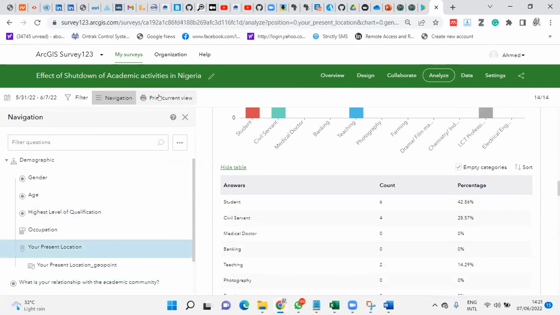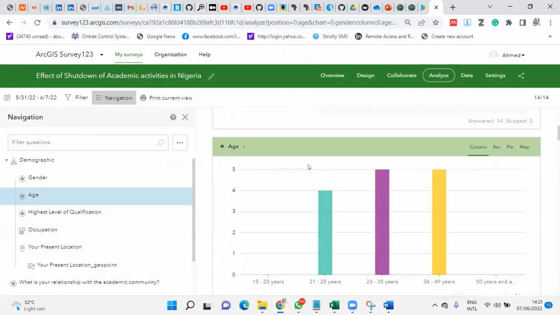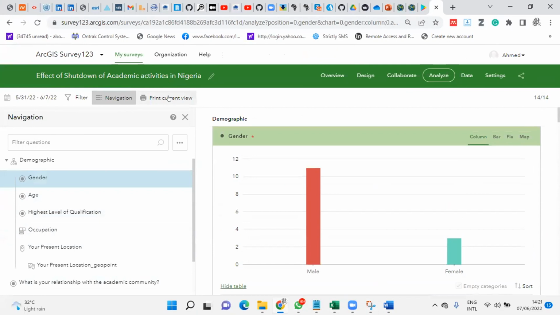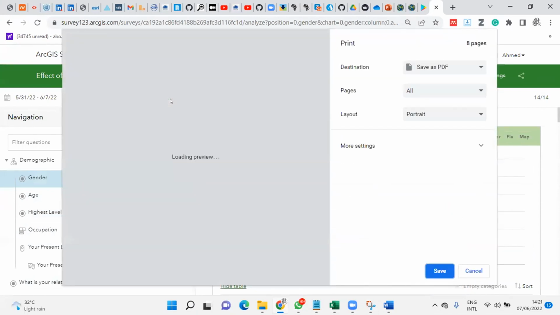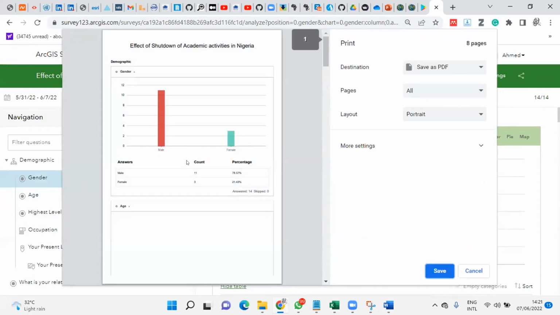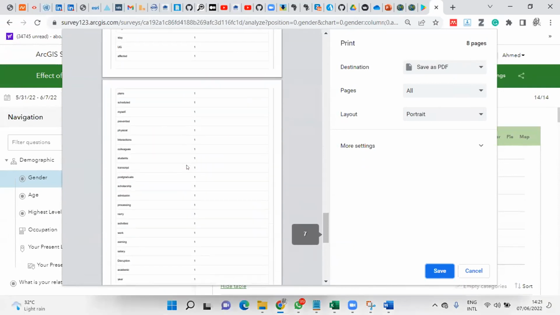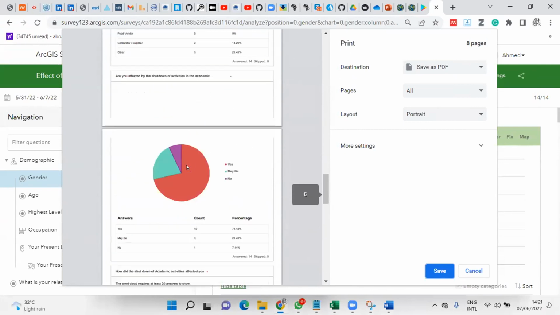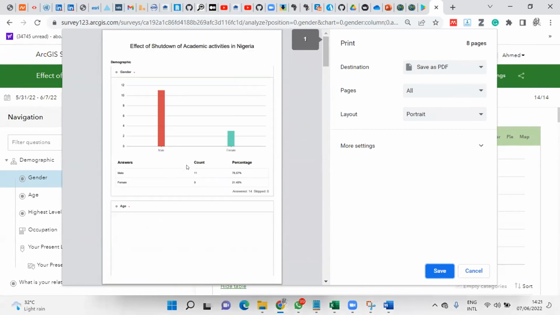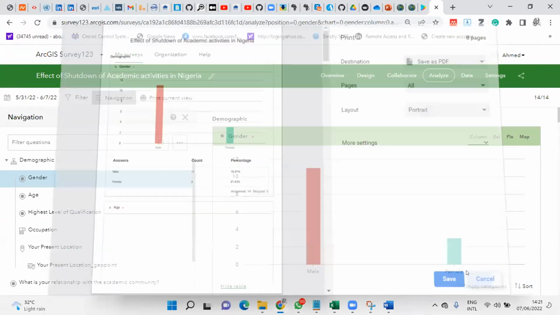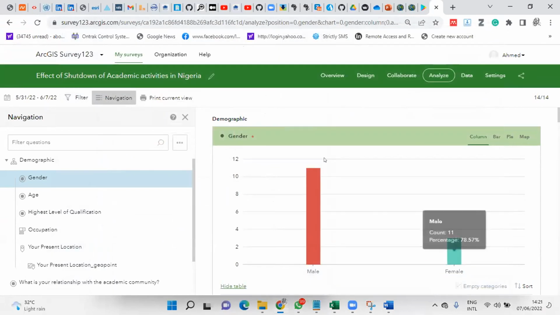Let me try and print current view, because I've got 14 records. Let me print current view. So you can see it, I can have the entire thing as a report, and it's out there as a PDF. Right? So now if I go back to the data page itself,